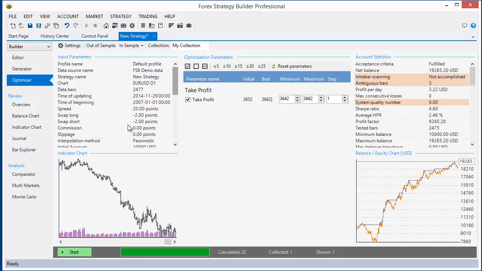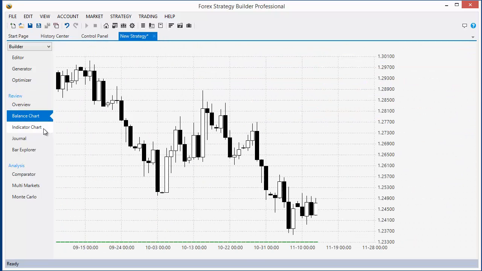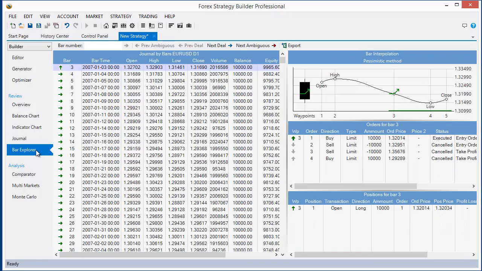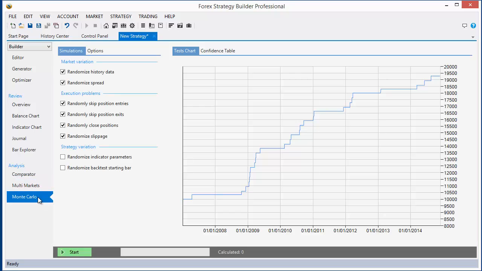The program gives you all the information you need for analyzing and evaluating a strategy. Strategy overview, charts, journal. In addition, it provides several advanced power tools: interpolation method comparator, multi-markets, and Monte Carlo. This is a very short overview of the program. You can find more information for the various tools and the options in the user guide. There are also many helpful videos and